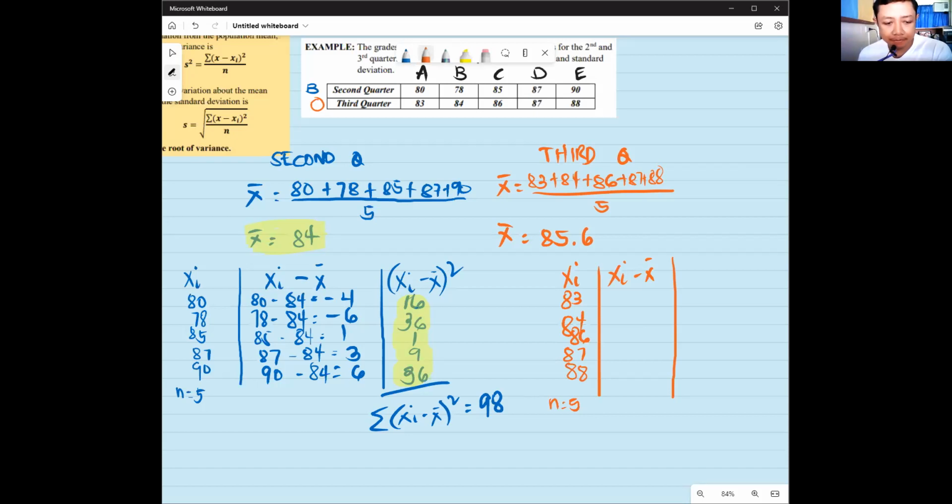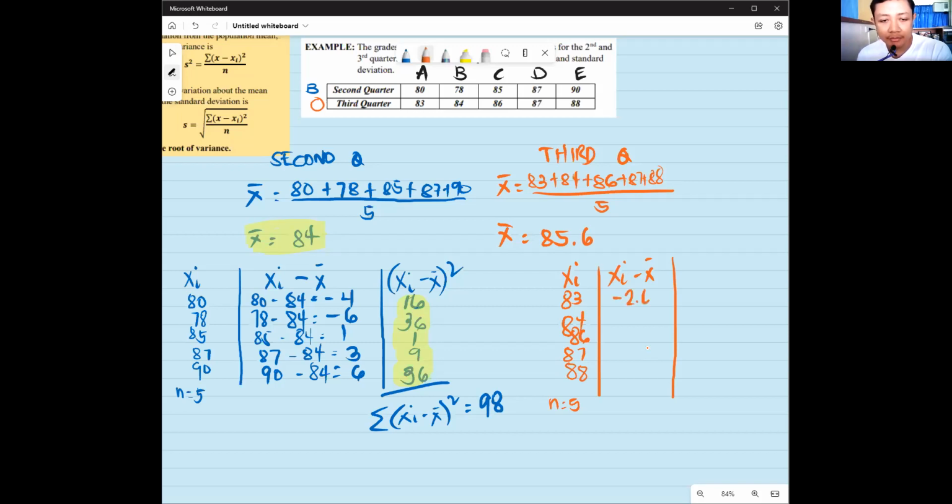Ready? I'm still waiting for your answers. 83 minus 85.6. The answer is very good. Your classmates are now starting to send their answers and they are sending the correct ones. Very good. So 83 minus 85.6 is negative